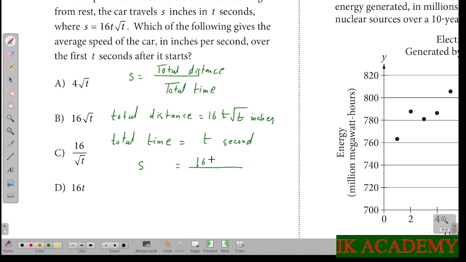So total distance is 16t square root of t. The total time is t. So t will be cancelled with the t. So the average speed will be 16 square root of t inches per second, which is option number